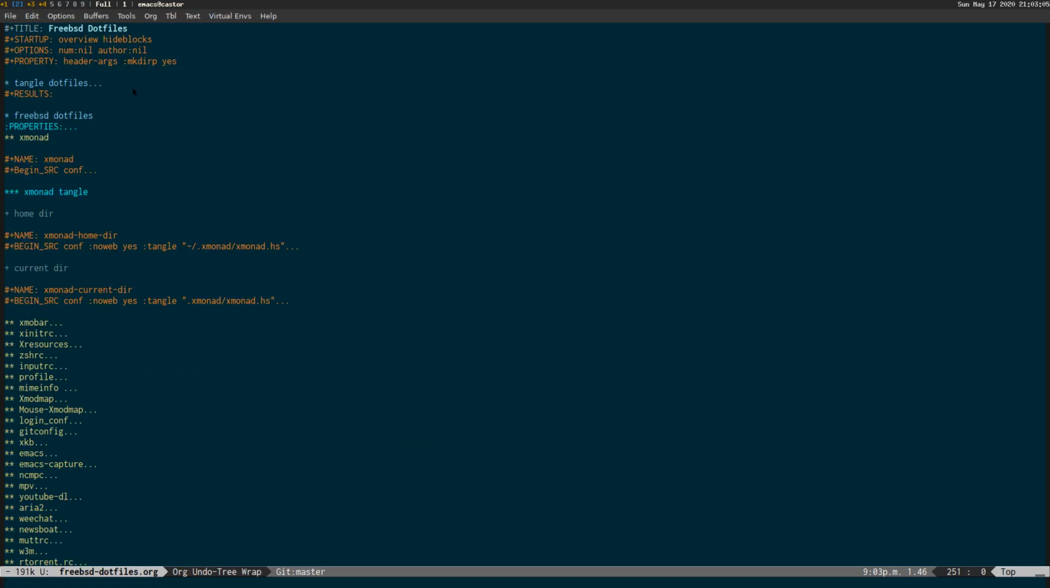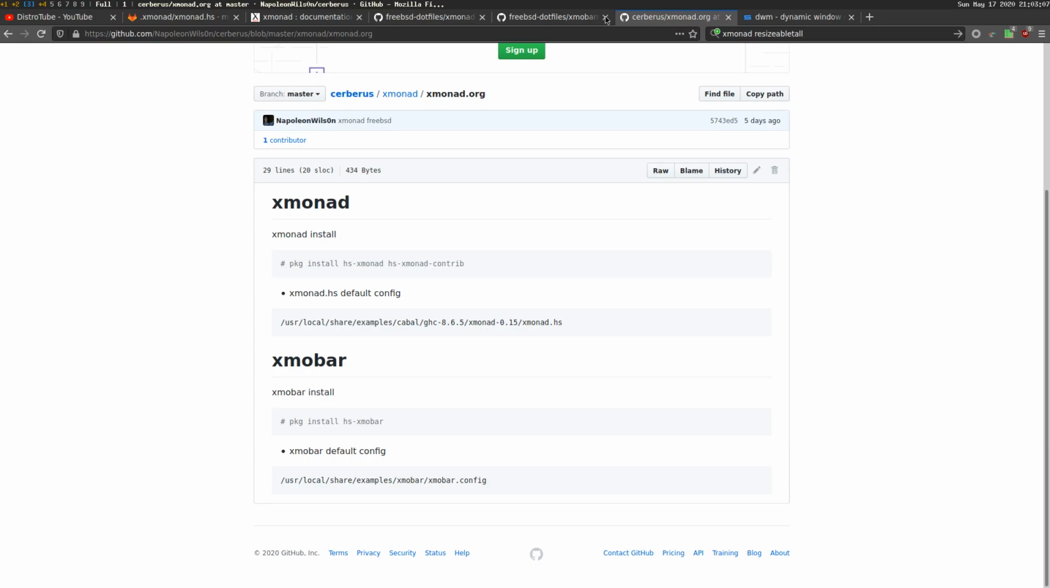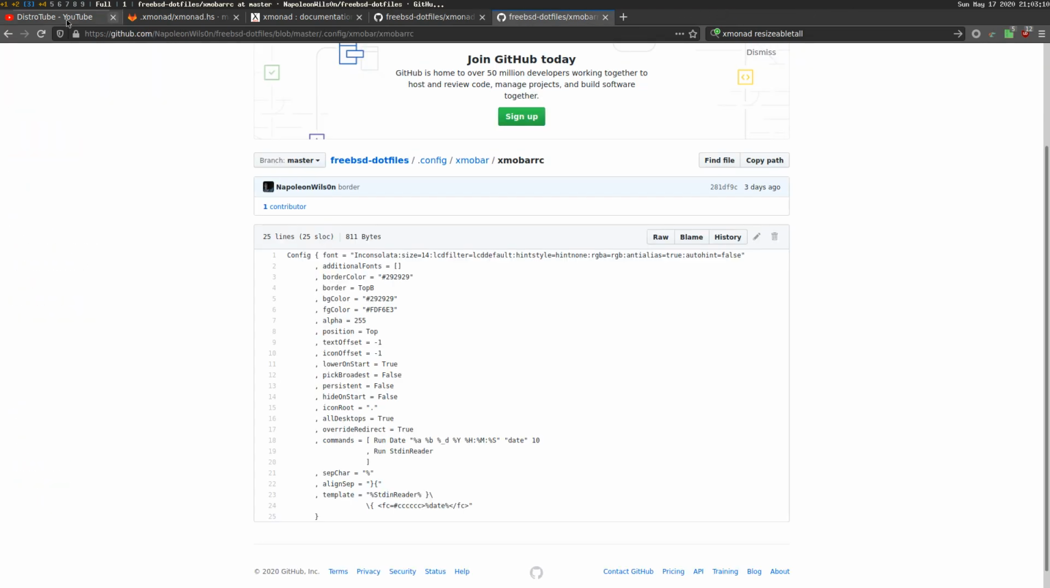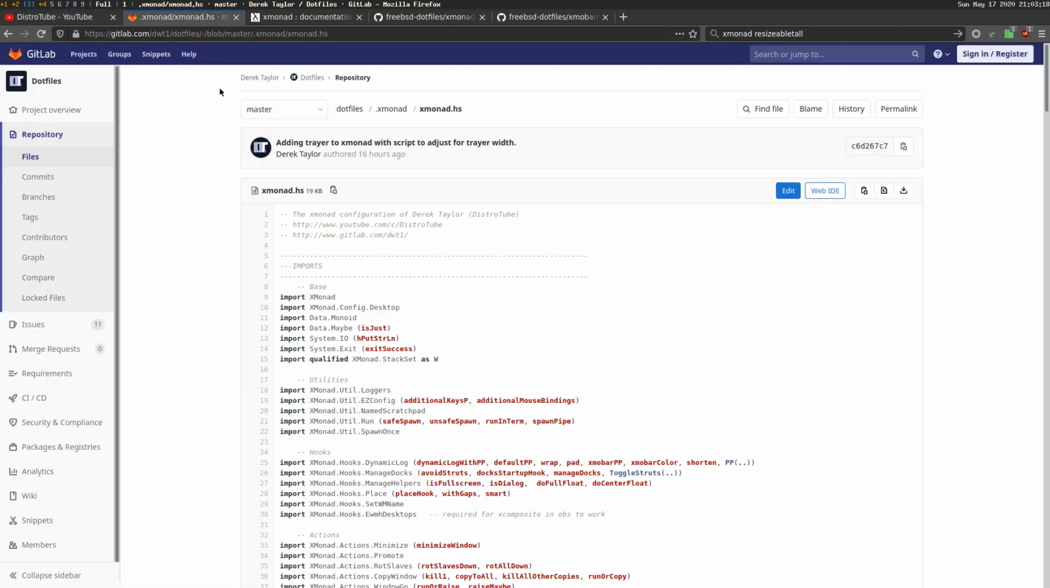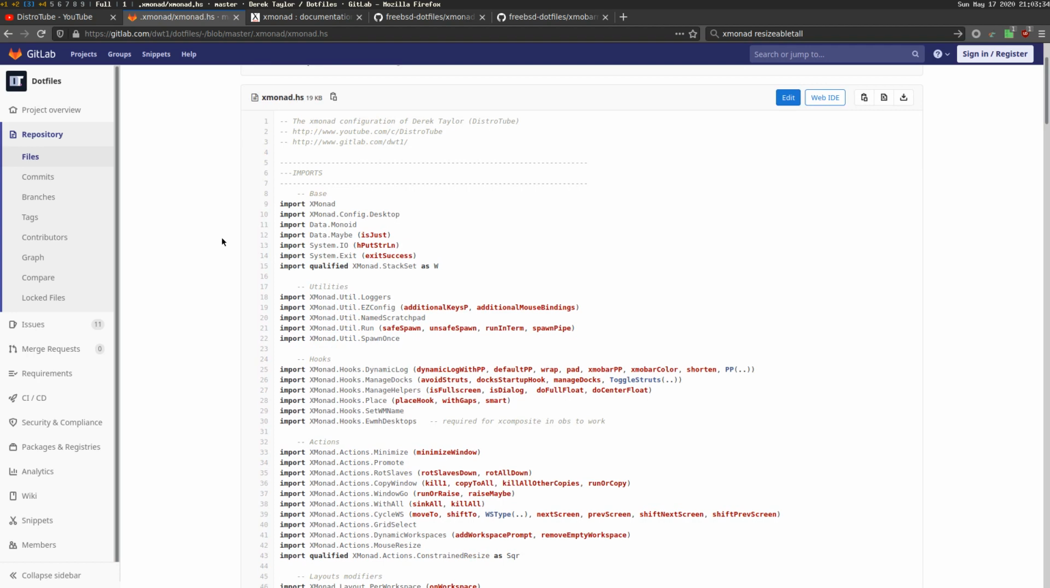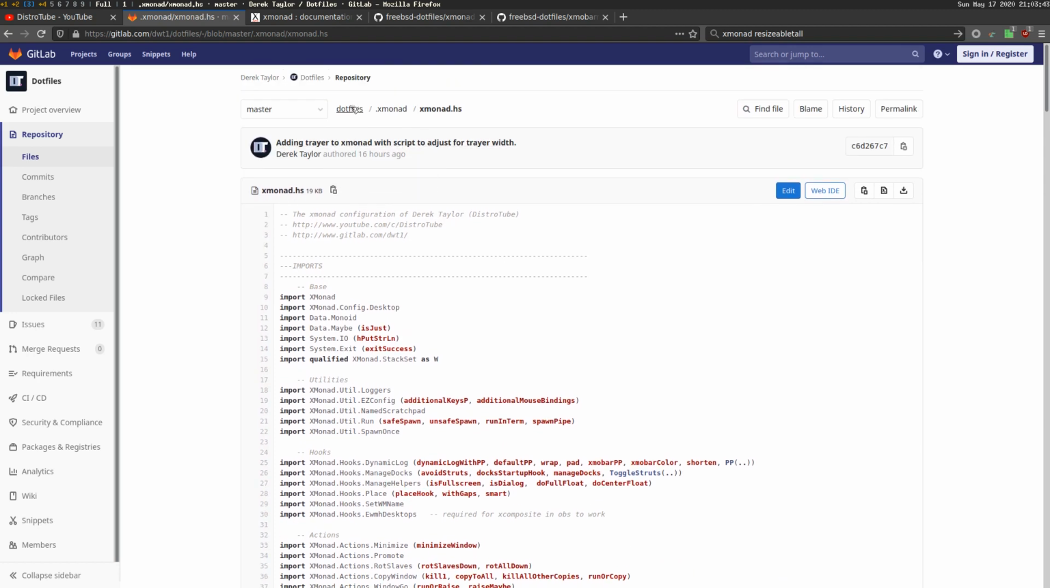So what I'm going to do is come across, and basically what I did was, DT has actually got his xmonad configuration file on GitLab. So if you do a search for distrotube gitlab, you'll then find his dot files, and in the xmonad directory is his xmonad.hs file, which is where I got some of the setup that I'm using, and also the